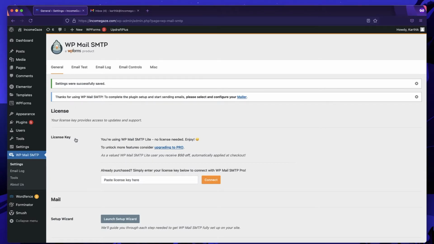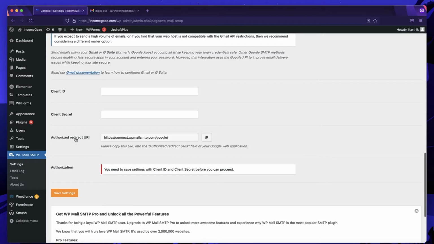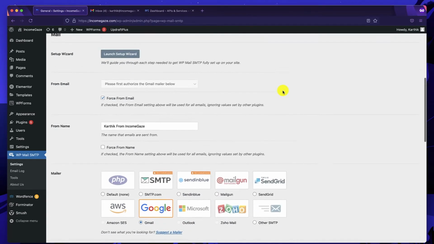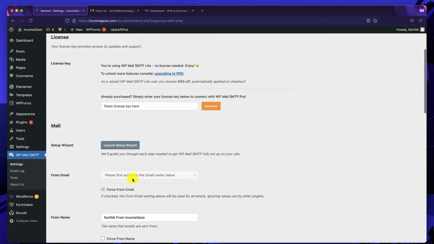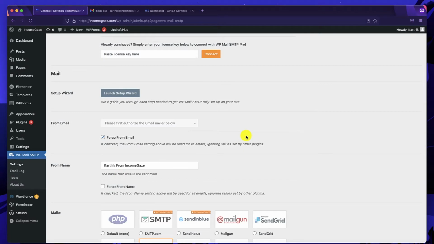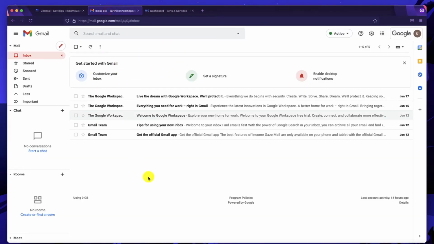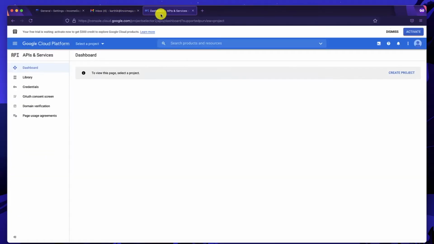Now the settings are successfully changed, and now we need to get something called a client ID and a secret ID. Once you click on Save Changes, you won't be able to pick from email. Well, this from email should be the email that will let us authorize this SMTP protocol using the WP Mail SMTP plugin. So I just typed my business email. You can also use your personal email and keep the Gmail, either the personal one or the business one, open in a tab, right? This tab can be open or you can close this